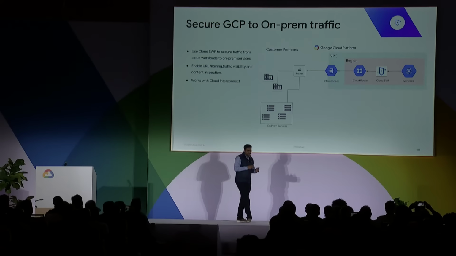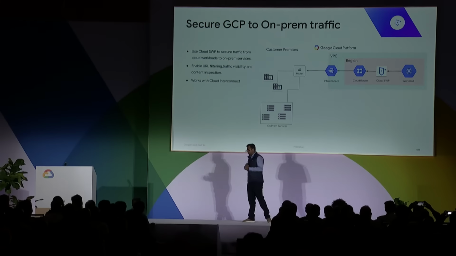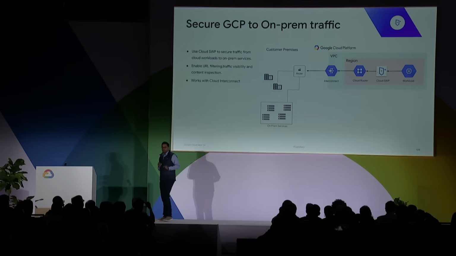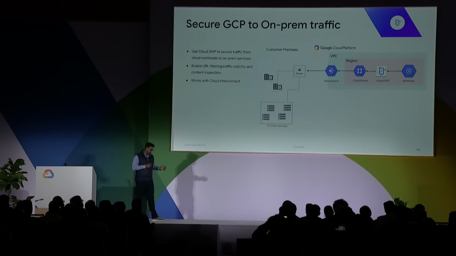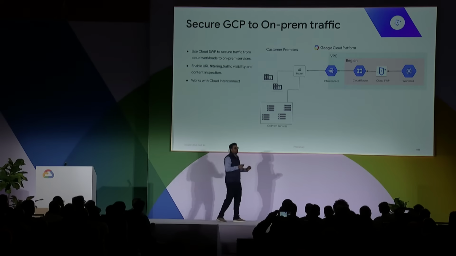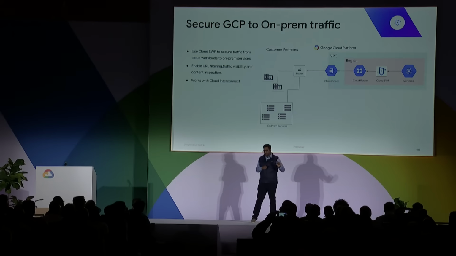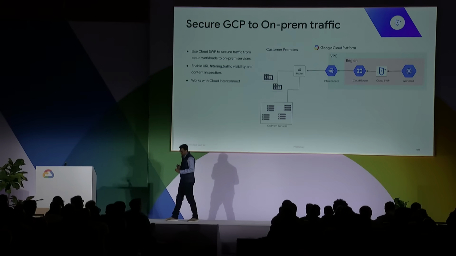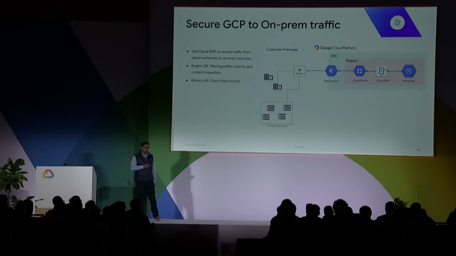The next use case is for securing GCP to on-prem traffic. This is actually becoming something of a new use case for us, where we are seeing some financial sector customers where they have cloud workloads that are reaching out to backend service APIs that reside on premises. Now, typically, this goes through something like an API gateway like Apigee that provides API discoverability, reliability, and so on. But now you can also send this API traffic additionally to your secure web proxy to ensure that the workloads are only connecting to known and business sanctioned APIs.